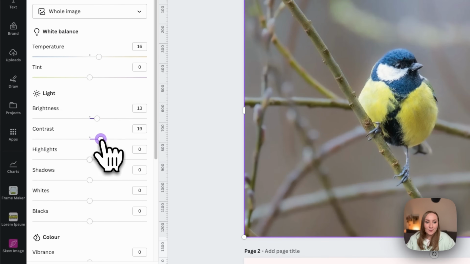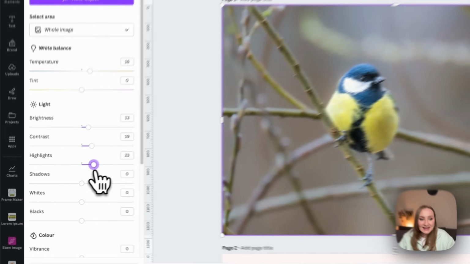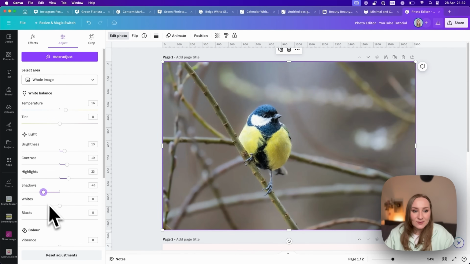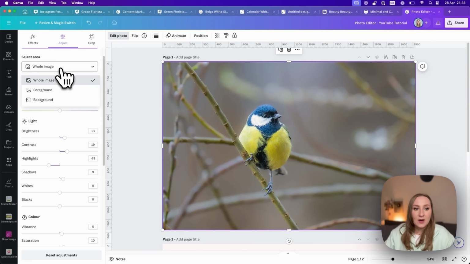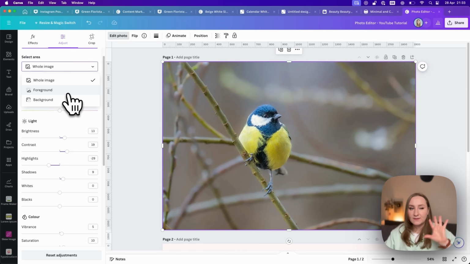You can add a little bit more contrast. You can change the highlights in here. You can change the shadows like this. So you can see so many different options just to make your image stand out. What I love in here as well is the foreground and background options. So if you don't want to touch the foreground, so maybe the bird in here, and you only